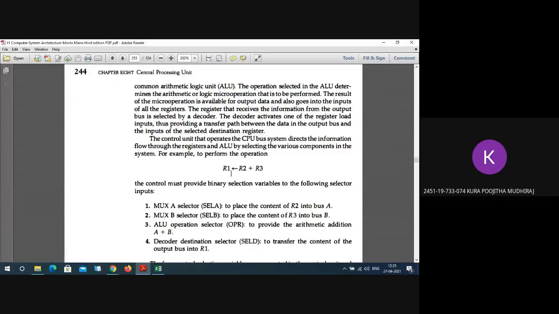Assignment, sir. R2 is placed in R1 plus R3. No, this is just R2 plus R3, right? We are adding two numbers, okay? One number is placed in which register? R2. The other number is in which register? R3. So the addition of these two will go to R1.